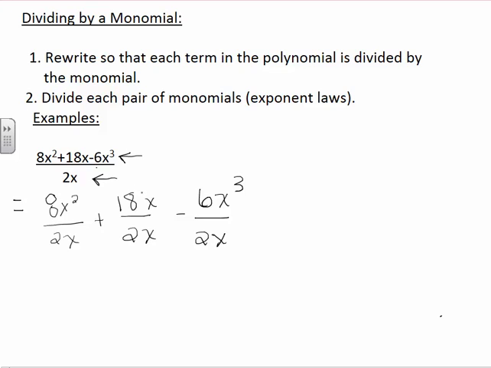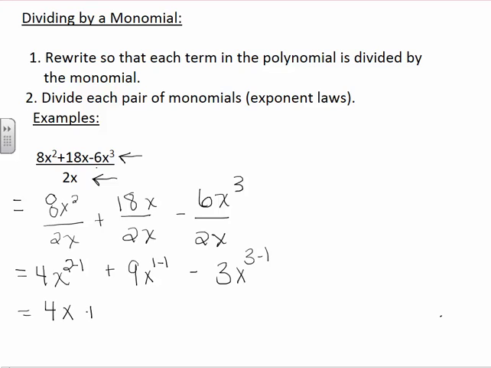And now we proceed with our exponent laws, specifically the quotient rule. So first we're going to divide all of the numerical coefficients together, and then we will divide each of the variables that are similar with each other. So 8 divided by 2 is 4, and x squared divided by x, we subtract the value of their exponents. 18 divided by 2 is 9, x, 1 minus 1. 6 divided by 2 is 3, x, 3 minus 1. And we finish with